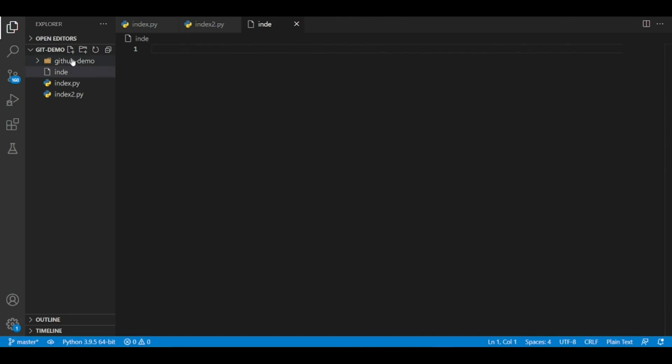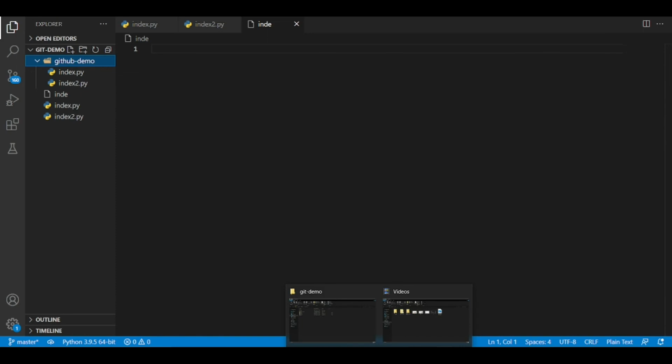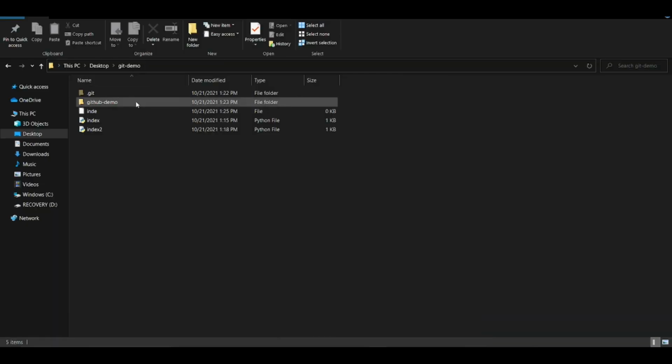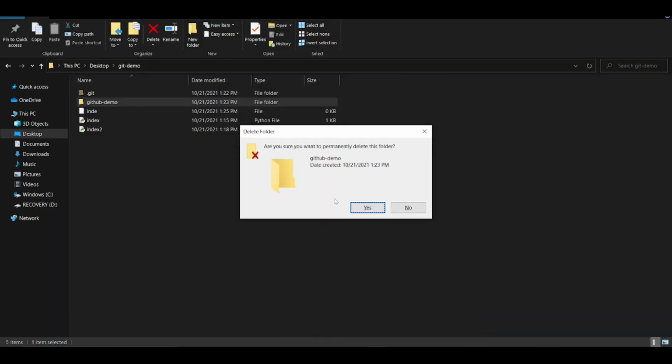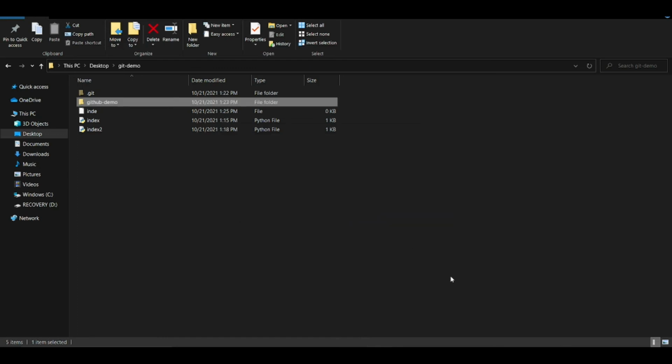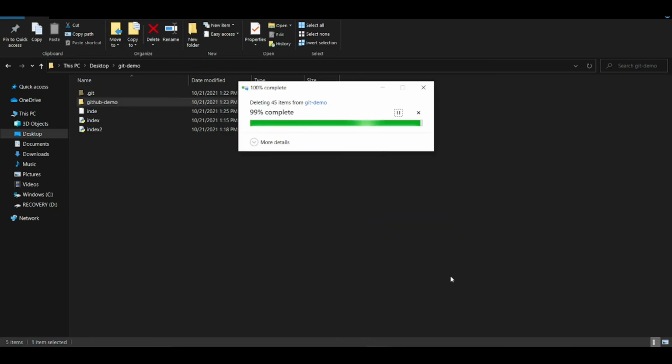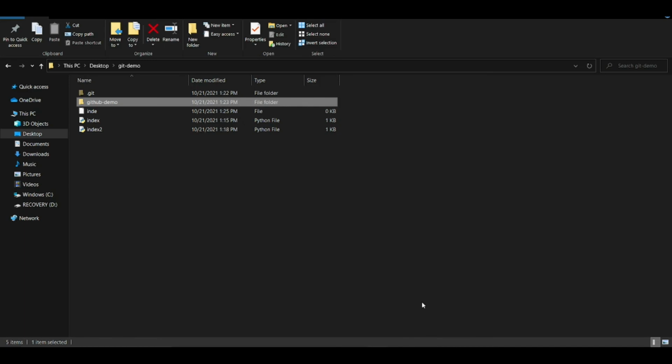I'm deleting this git demo folder for now, otherwise it will get pushed again into the repository.